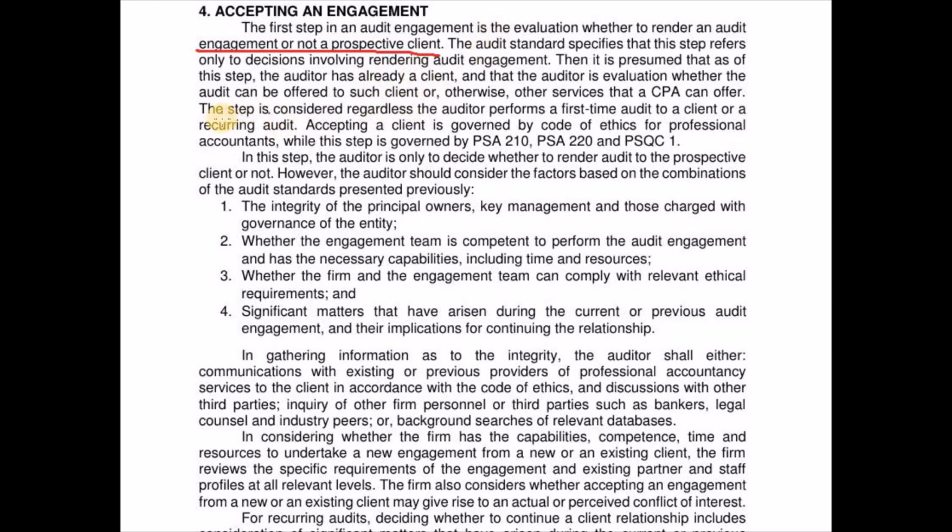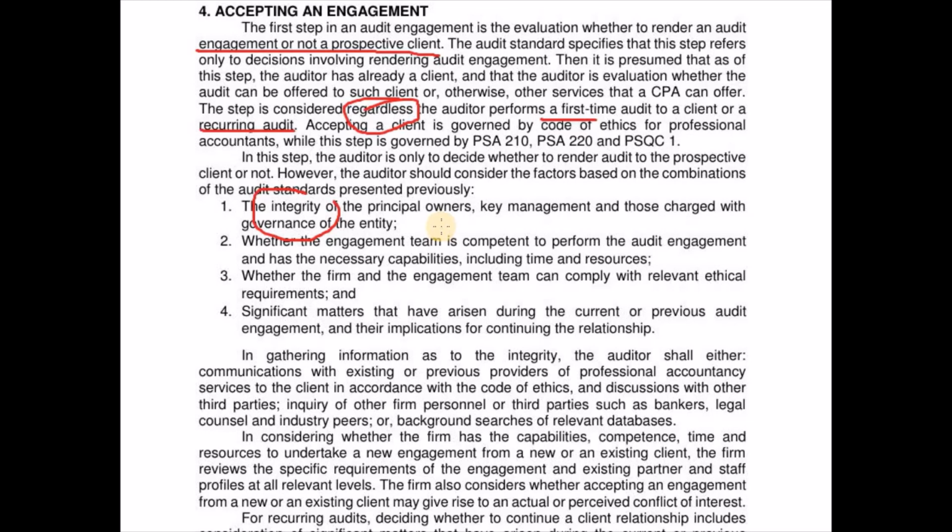So, i-consider ni siya na step regardless the auditor performs a first-time audit or a recurring audit na siya sa ato ang client. So, in accepting the engagement, there are factors to consider based on the combinations of the audit standards presented previously. First, ang pinaka-importante is the integrity of the principal owners, key management, and those charged with governance of the entity. So, in gathering the information as to the integrity of our prospective client, there are certain ways